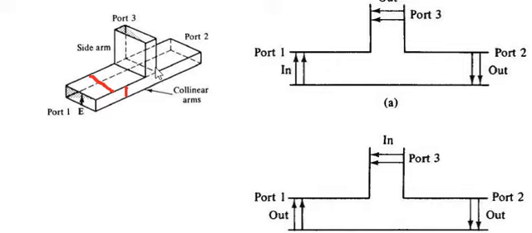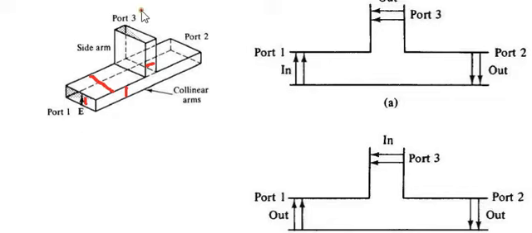If the collinear arm is symmetric about the side arm, the dimensions of the side arm are equal to the main waveguide. If the E-plane T is perfectly matched with the screw tuners at the junction, the diagonal components of the scattering matrix are zero because there will be no reflections. We will discuss the topic of the scattering matrix later. When the waves are fed into the side arm, the waves appearing at port 1 and port 2 of the collinear arm will be in opposite phase and at the same magnitude.